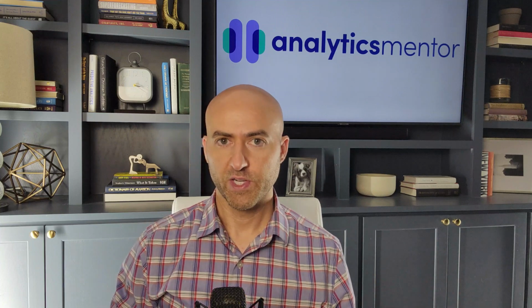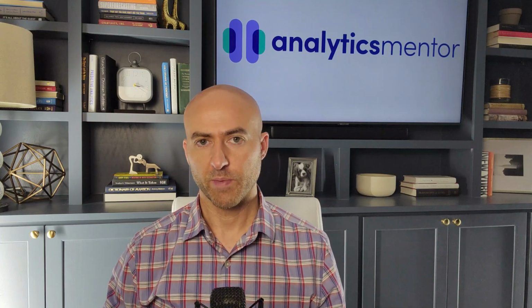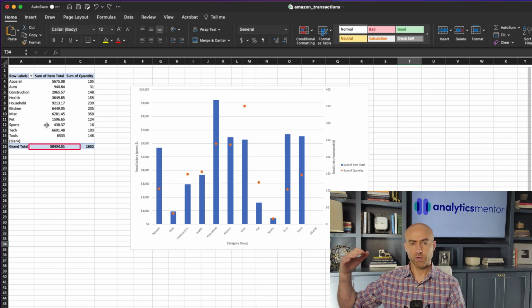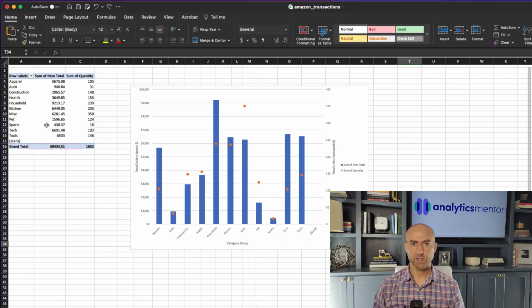But before we get too deep into the Pareto chart, let's talk a little bit more about our data. If we think about our data, we have the total dollar amounts being purchased, but what if we wanted to understand that in relation to the total purchases across all of those different categories? To help us understand this and visualize it a little bit better, we're going to create this Pareto chart,